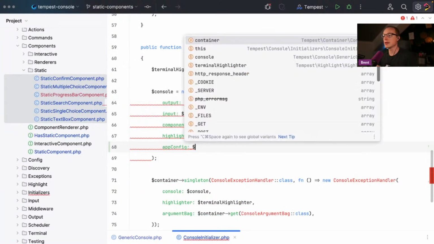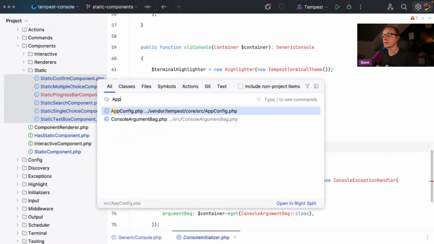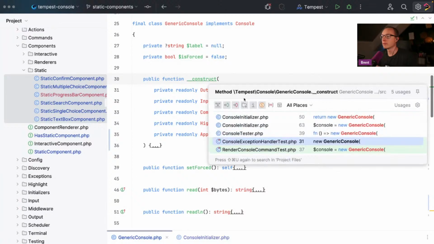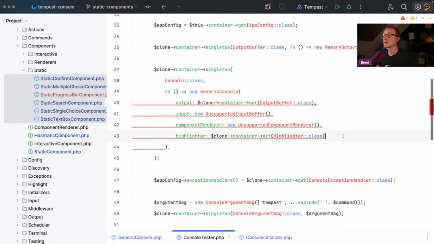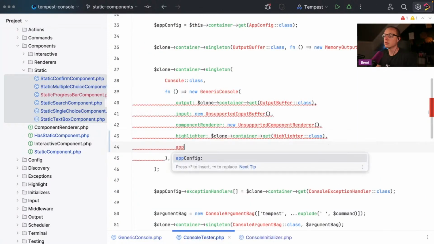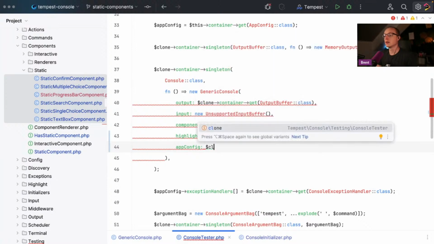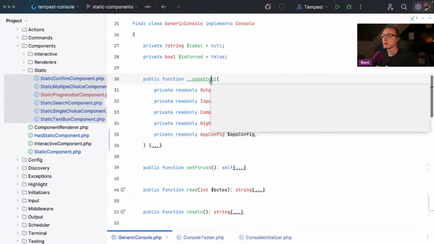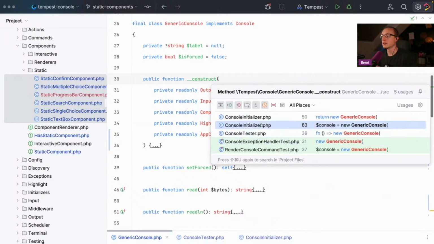App config container get app. Some more. Let's clone container get app config. Then we have